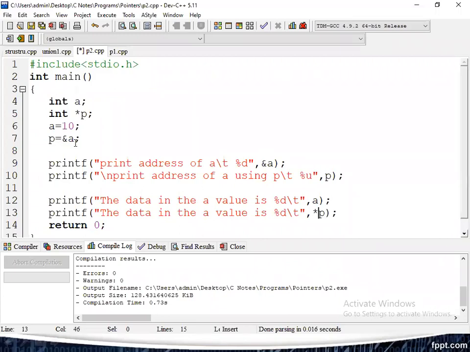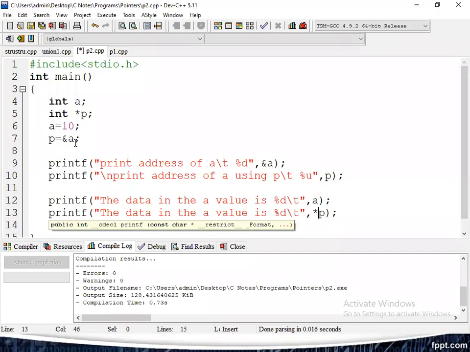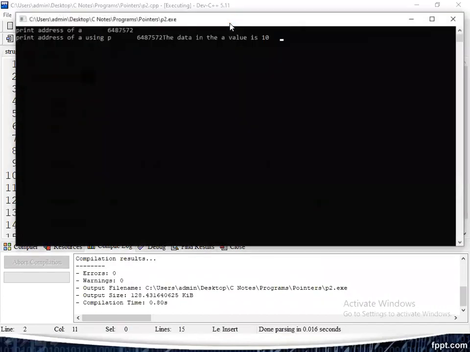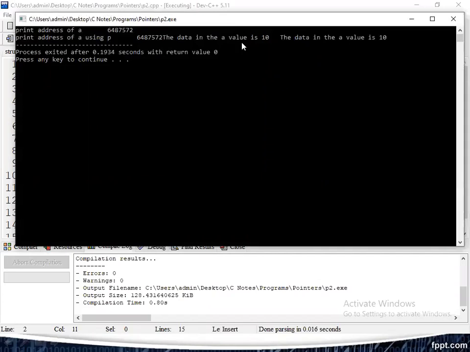By using star, we can access the data from that location. Let us verify the output. Okay, the value is printed.